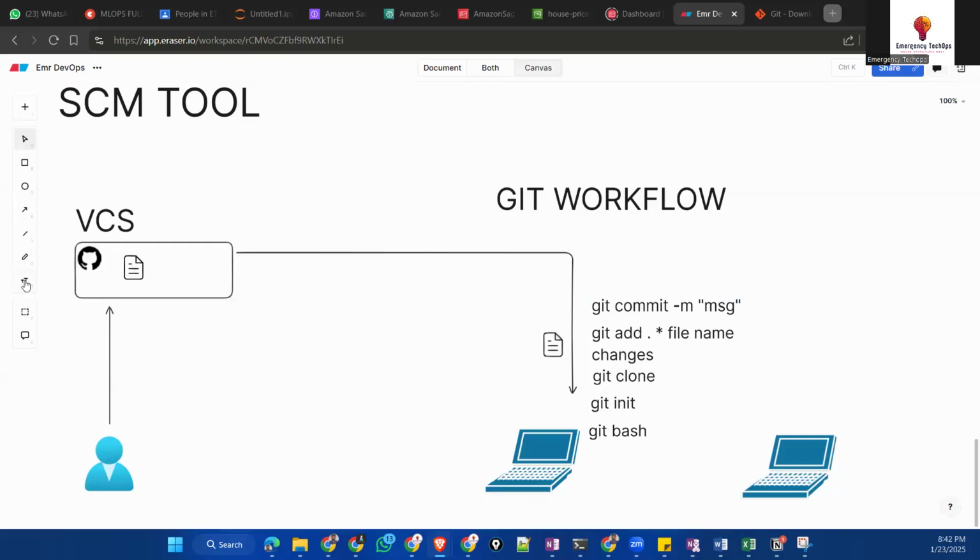And you run a command called git push. When you do git push, these changes will go to the GitHub. Whatever new changes you downloaded and made, with git push it will go back and sit here.